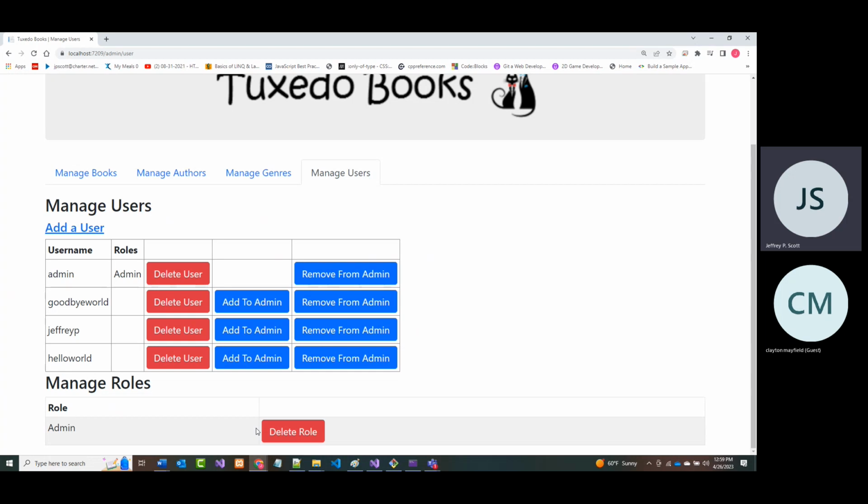Now, we could add to this particular example, you're not asked to do this, but if this was yours and you were doing this for a living, you'd probably want something else under manage roles, where you could, rather than just delete a role, add a new role. There might be other things for managing roles that you'd want to do: rename a role, change permissions on a role, etc. So there's a lot more stuff conceivably that you could do. I should mention too